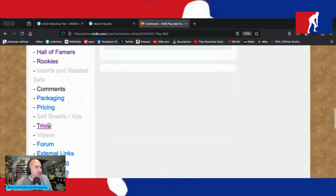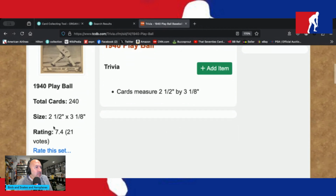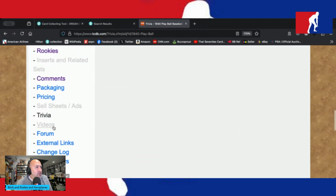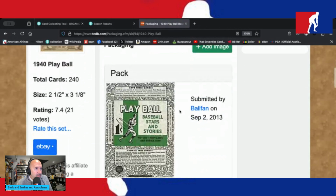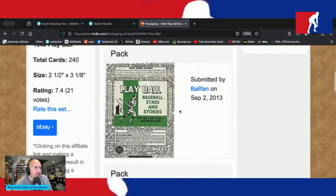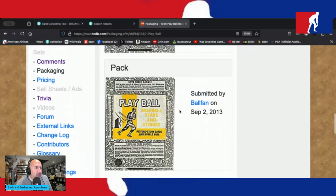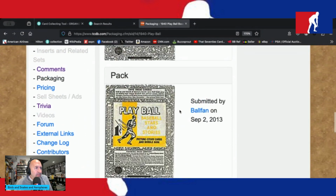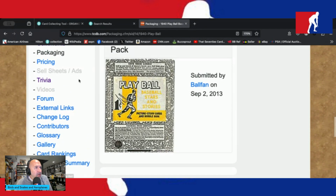Let's talk trivia. Cards measure 2.5 by 3 1/8. I don't consider that trivia, but thanks for your contribution there. Look at the packaging here from Play Ball. There's a green variety, a red variety, a yellow variety of wrappers you can look at. Play Ball, Baseball Stars, and Stories. Remember, folks, we were selling gum back then. We weren't really selling cards, but